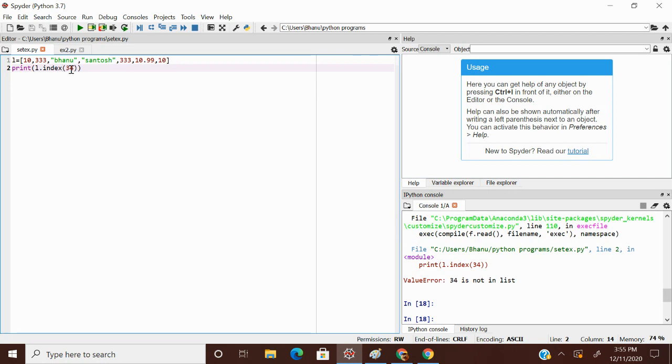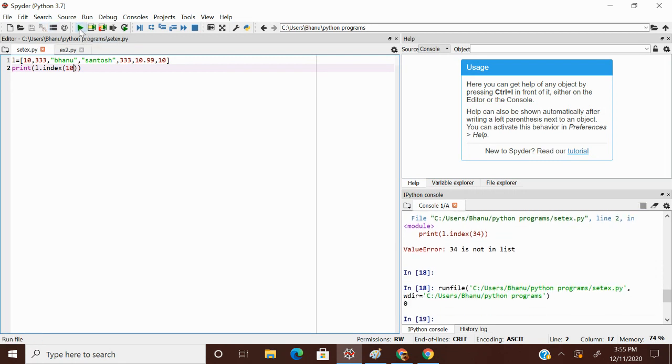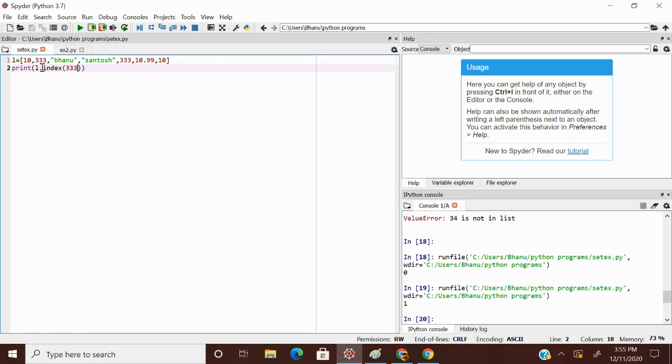Now I'm trying to check 10. 10 occurred at the 0th index, from left to right, so the answer will be 0. Now 333 has occurred at the first position, so 1 is the answer.